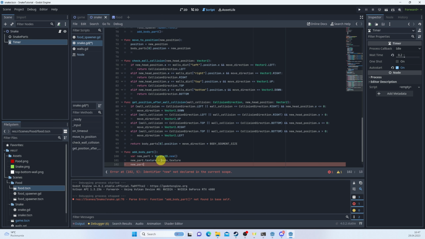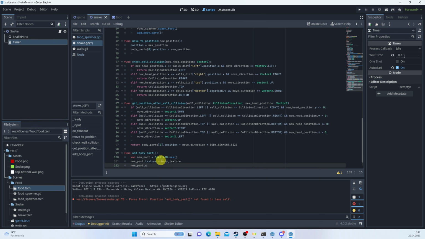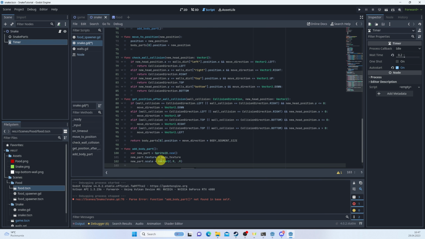So new part scale is going to be, say, 0.9, 0.9. Let's say what we want to do, body parts append